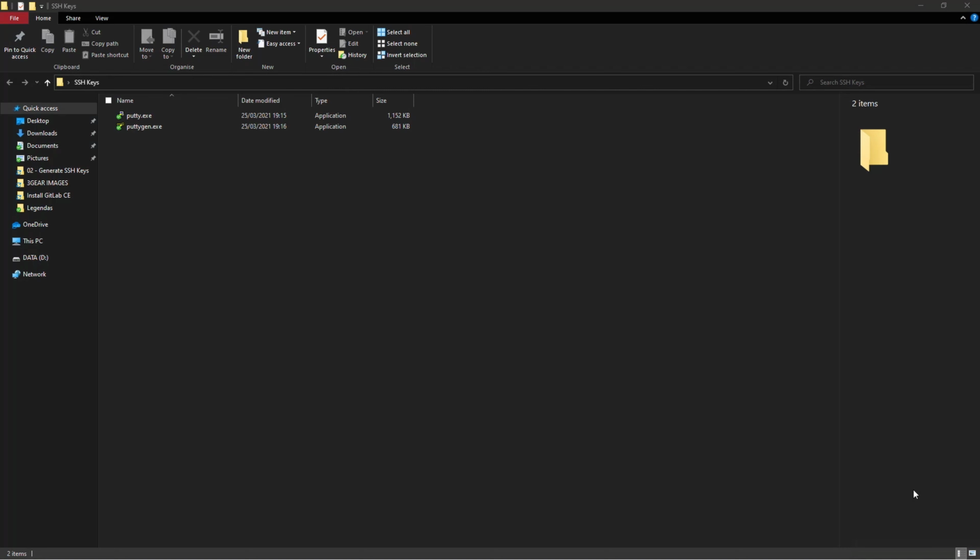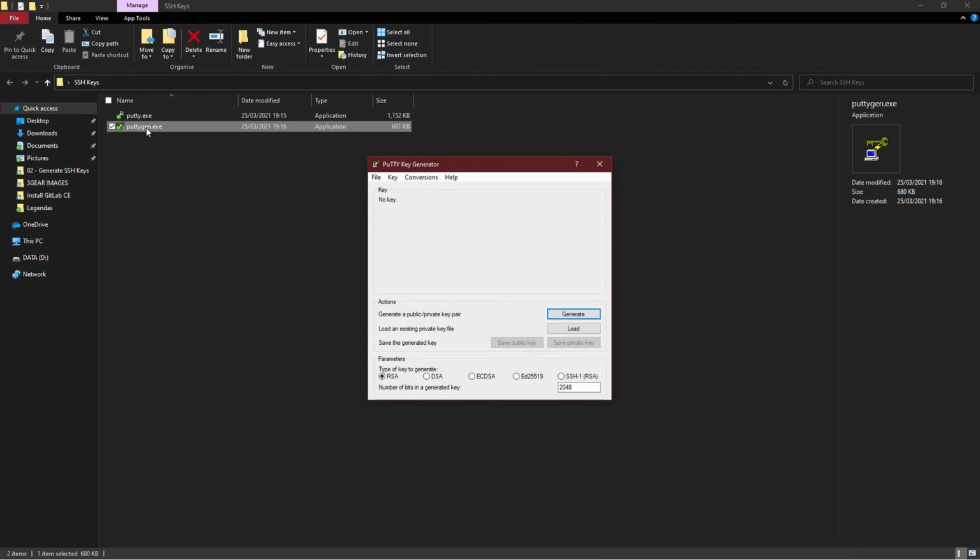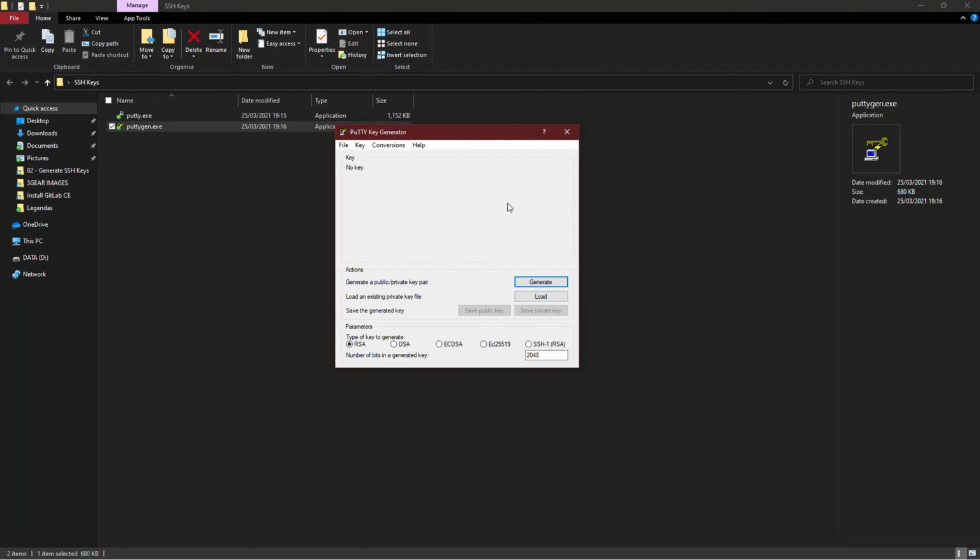To generate a set of RSA keys with PuttyGen, first we will start the PuttyGen utility by double-clicking. Okay. So we need to check RSA is the first one, first option.